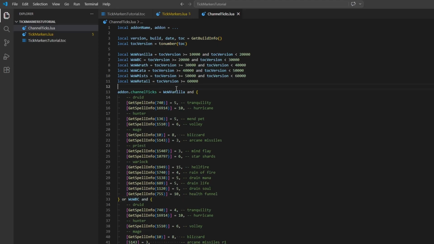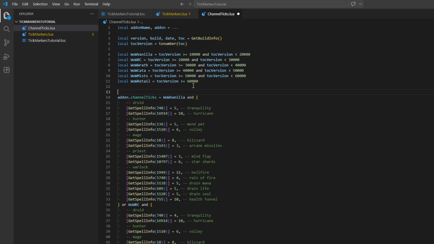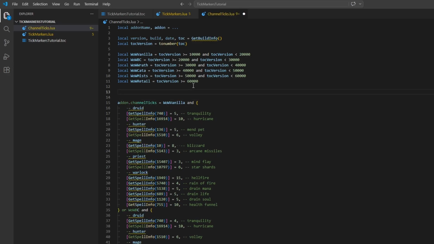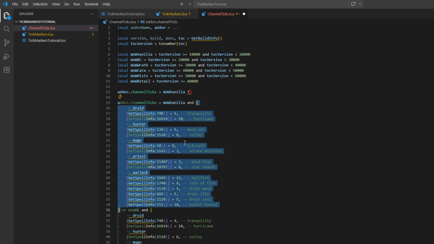So when you're using these keywords outside of a logical Boolean operation, they actually work almost like the ternary operator. So if you're familiar with, for example, C# or another language, it would be the equivalent of doing, if the game is WoW vanilla, so if this is true, then you do all of this stuff,